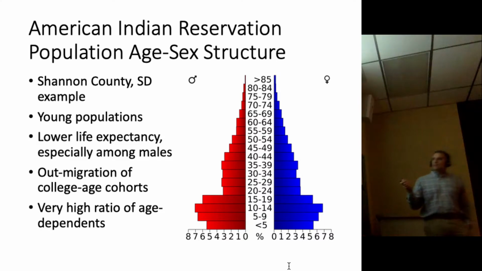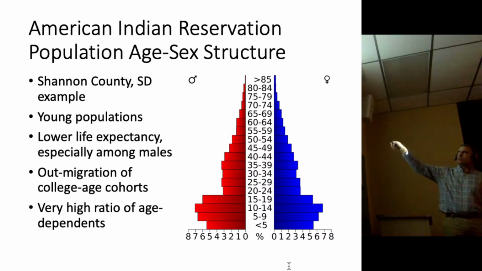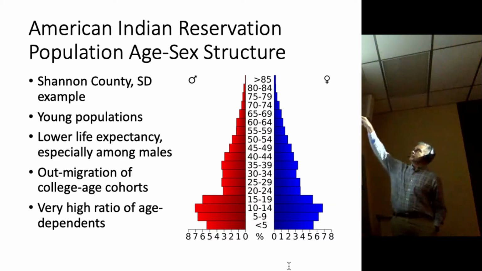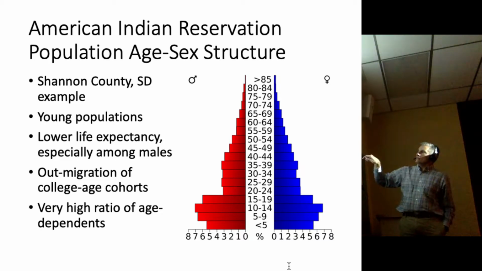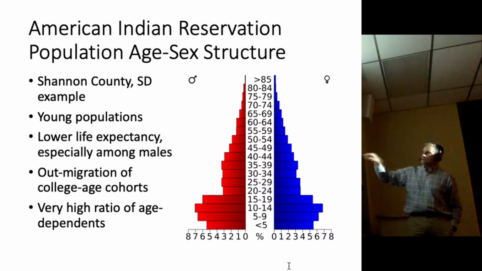Now, if you look at the population pyramid, sometimes referred to as an age-sex pyramid, hopefully you've seen these before in other classes. The population pyramid is basically a graph of age cohorts, with men on one side and females on the other. So you have the octogenarians up here, the people in their 80s, and you have the toddlers and the babies down here under 5 years old.